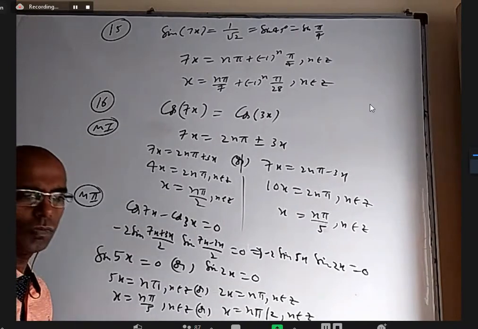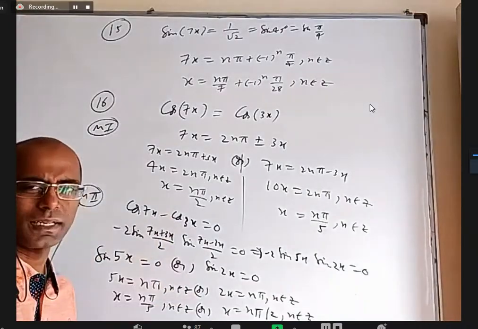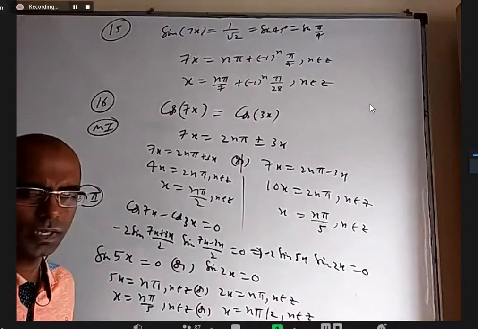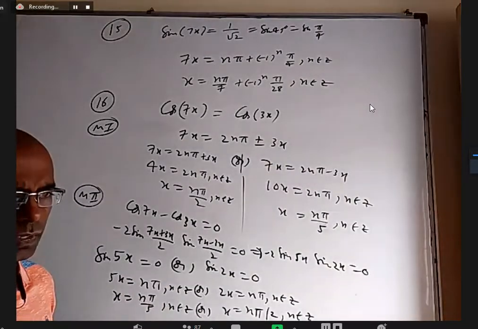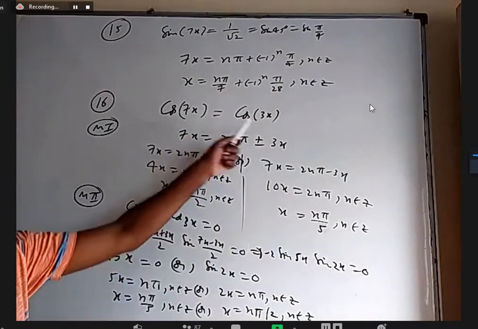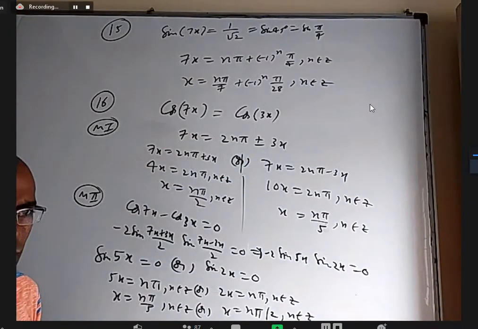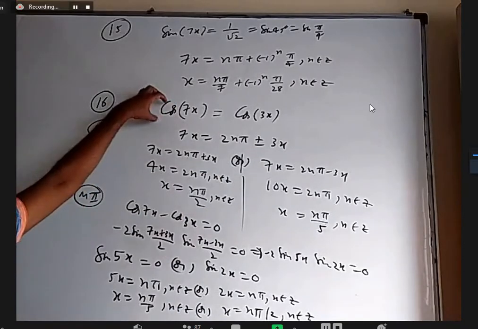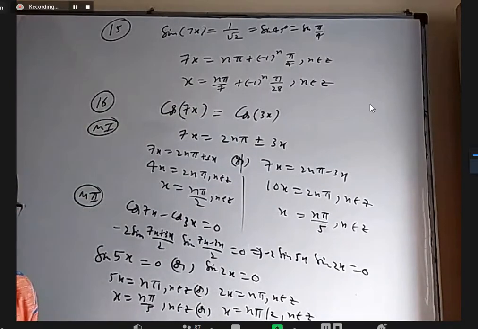So we have some questions which almost appear directly like formula. Sin x equal to sin alpha, cos x equal to cos alpha, tan x equal to tan alpha, sin x equal to 0, cos x equal to 0. Instead of x, you can have 2x, 3x, something. Sometimes you can also do like this also. I don't recommend so much for sine like this. That's why I would have given sin 7x equal to sin 3x.